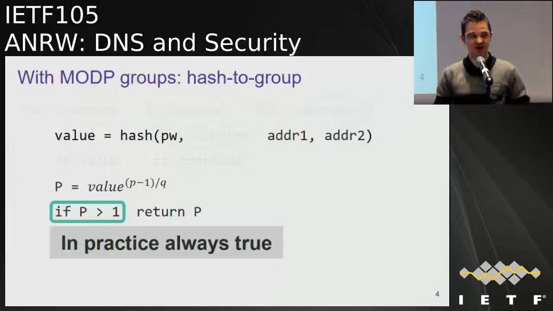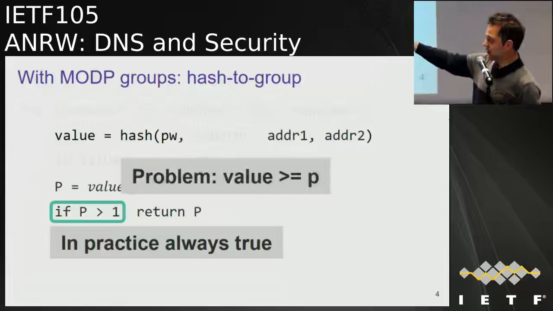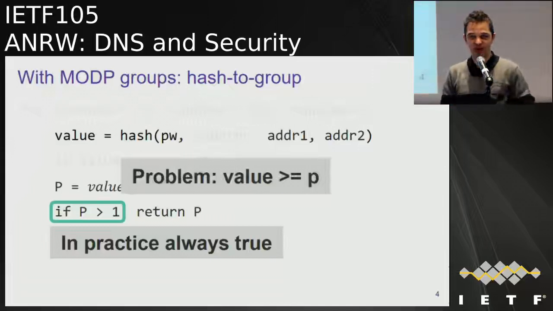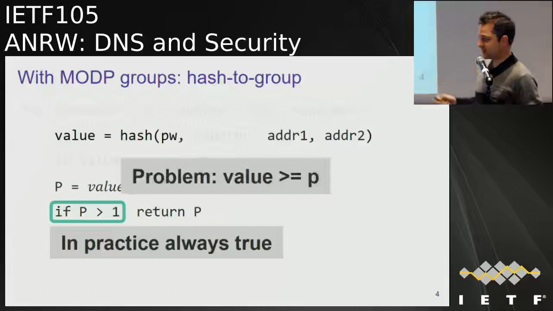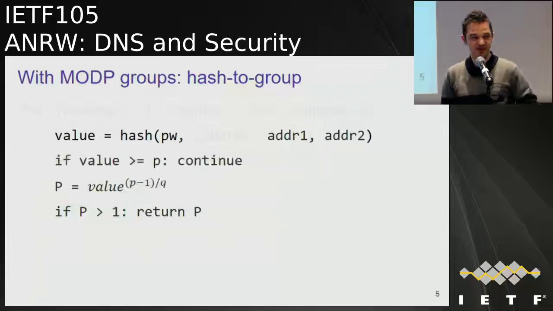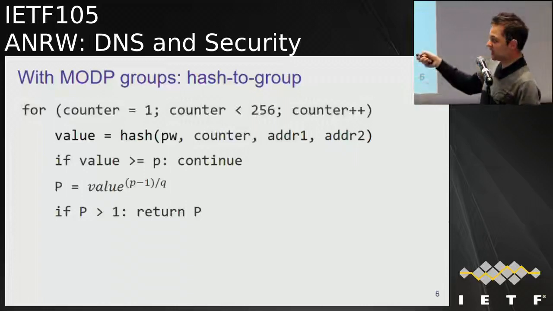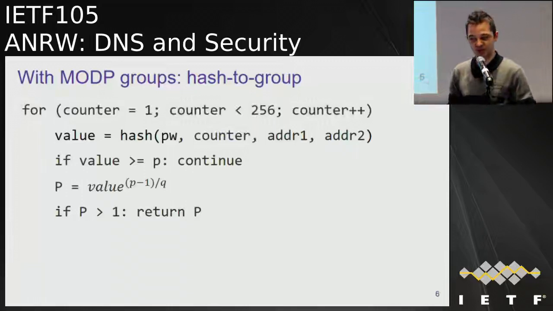But there is one thing that is missing here. The problem is that our hash output here, our value, can be bigger than the prime of the group that is being used. And in this case, the calculations that we did here wouldn't be valid. So how do we avoid this? Well, the way that it was decided to do this for Dragonfly was to simply include an if test here. If the value is bigger than the prime, then, well, we try again. In other words, we include a counter here. We always increment it by 1 until we get a hash output that is smaller than the prime, and then we can continue. Now,